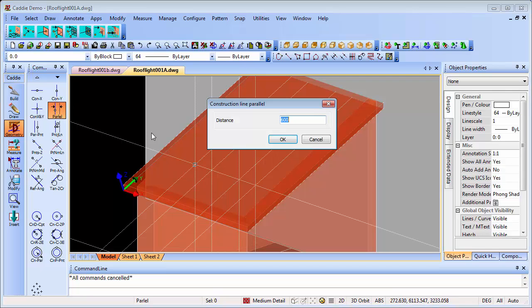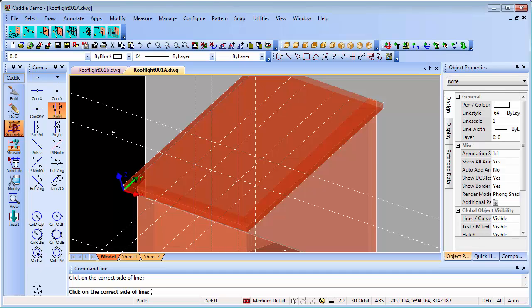We can now do parallel offset, so we'll do that at 900 millimeters. That's offset from there. Because we're working in the plane of the roof, we get our offset. And we can now go to the